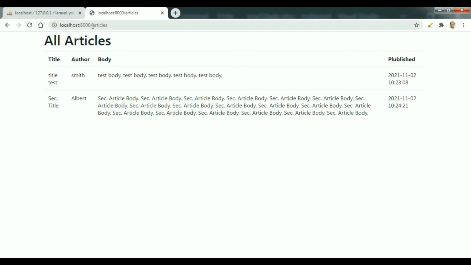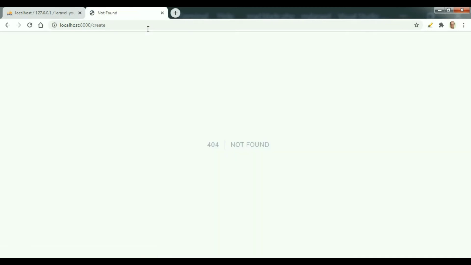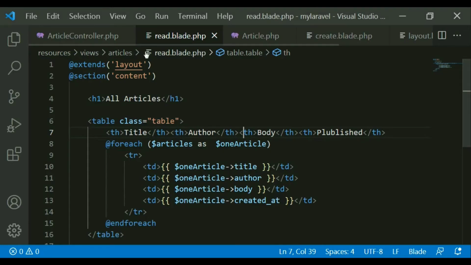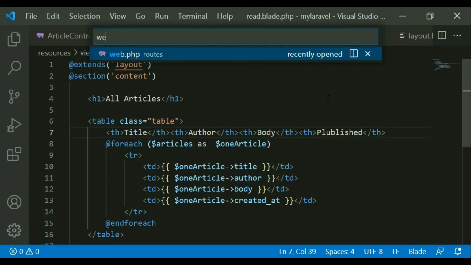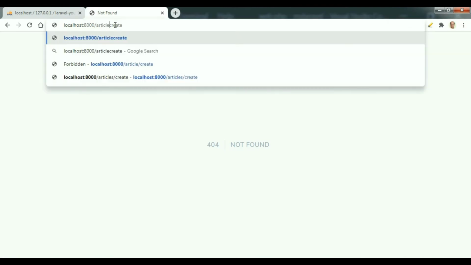Suppose if you want to create one article, let's create another article. So what is that article create? The path was, we go to the web.php file. You see this is the article slash create. So you write article slash create.